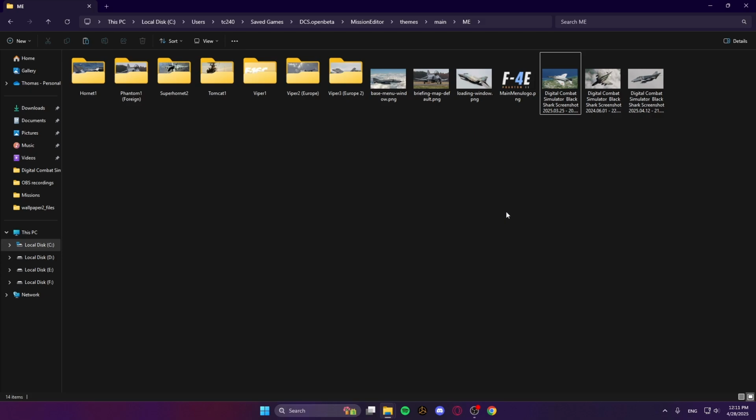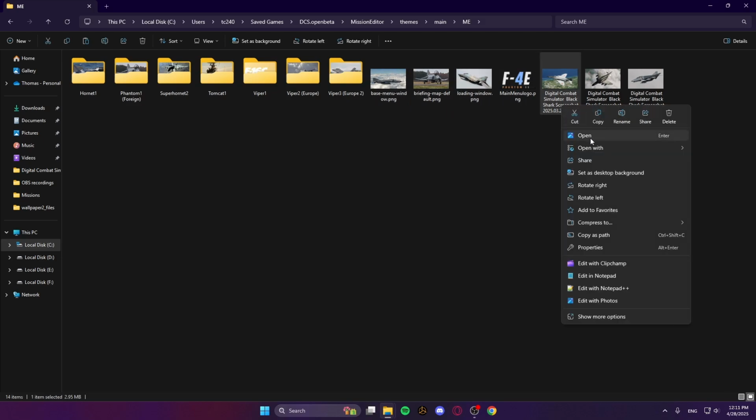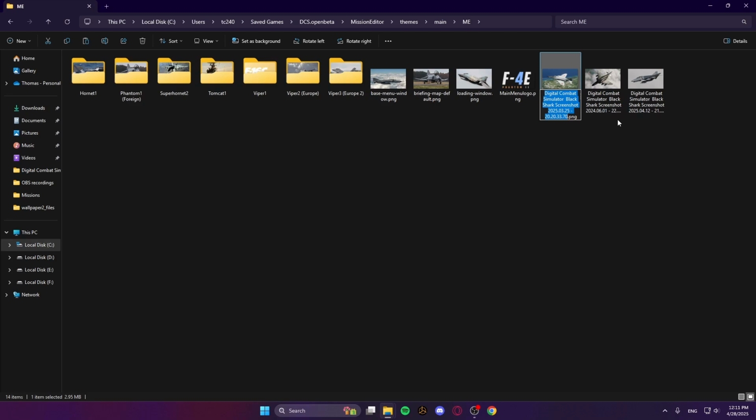I know it does. And if the images you downloaded were JPEGs or any other format, there are a lot of different free online converting tools. Or if you have Photoshop or GIMP or any photo manipulating program, you can just open it in that and then export it as a PNG. That also works. But anyway, you are going to want to look at what these names are and name them exactly that. So this is the one that we want to have be our main screen when we launch DCS. So we're going to call this one